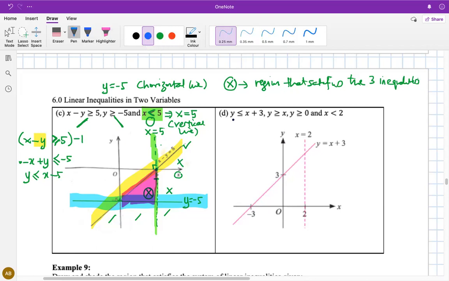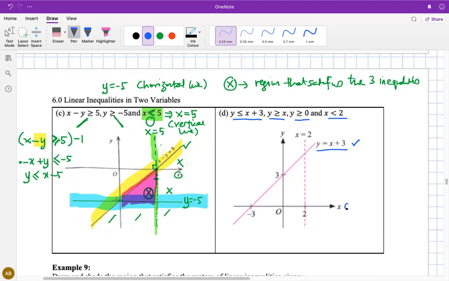So we have to check whether all the straight lines are given or not through the inequalities given, right? The first one is y less than or equal to x plus 3. So this is the straight line. Y is greater than or equal to x is not given, so we have to draw it out. Then y greater than or equal to 0 is actually